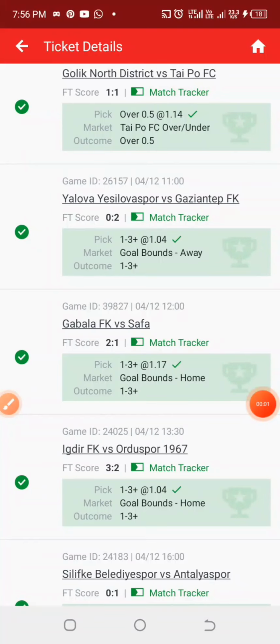So one of the easiest strategies in soccer or football is the individual team over 0.5 goals. One thing I noticed about it is that even someone that doesn't have the knowledge of sports betting can actually